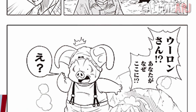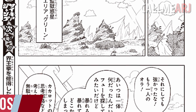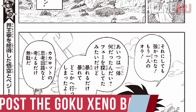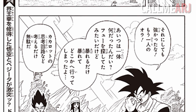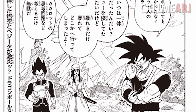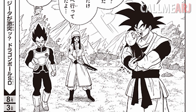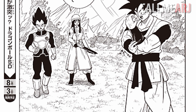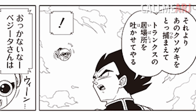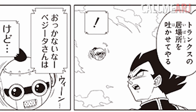The chapter then cuts to Goku, Vegeta and Mai, who at this point have already fought Goku Zeno and beat him, as I revealed in my last video, with Goku saying, "Anyway, he's really strong, the other me." But Mai questions, "What was up with him? He seemed to be looking for food, but he thrashed around and went somewhere." But Vegeta dismisses it all, saying it's a waste of time thinking about Kakarot's train of thought. Vegeta then again moves forward, turning his attention to Fu, saying, "Anyway, let's catch that shitty brat and take Trunks'